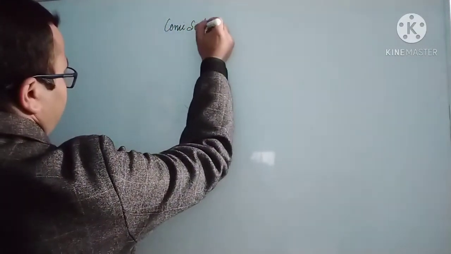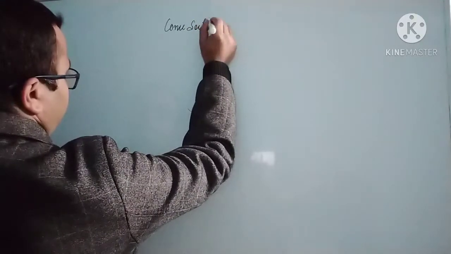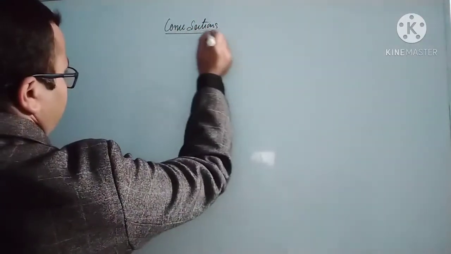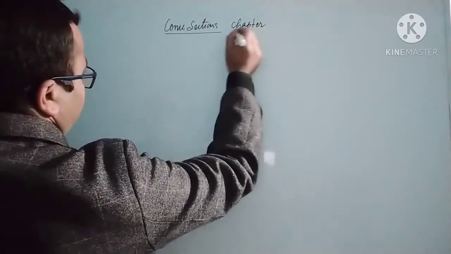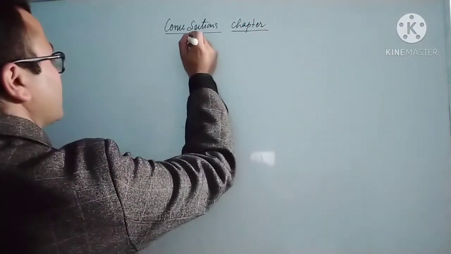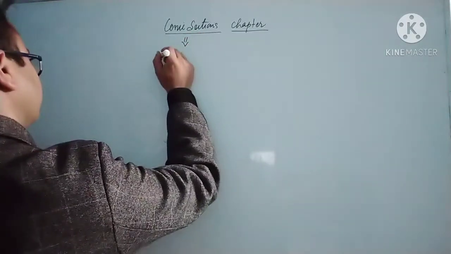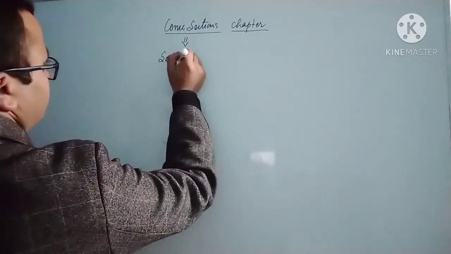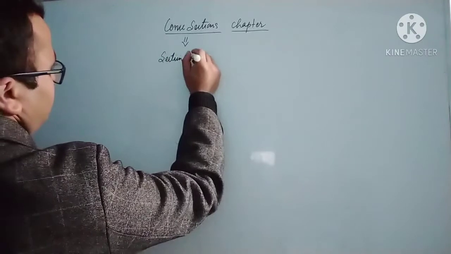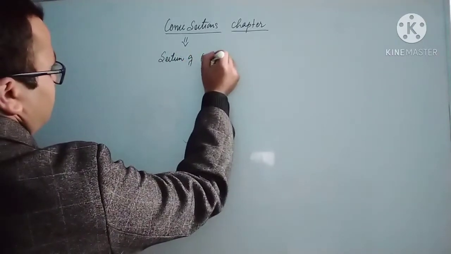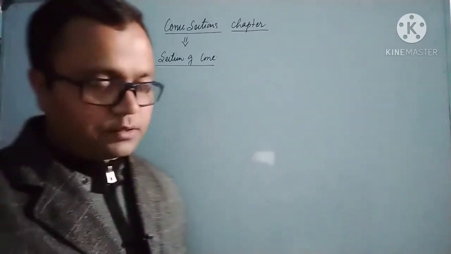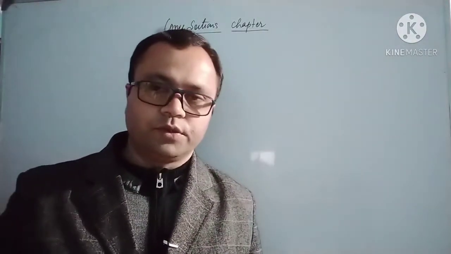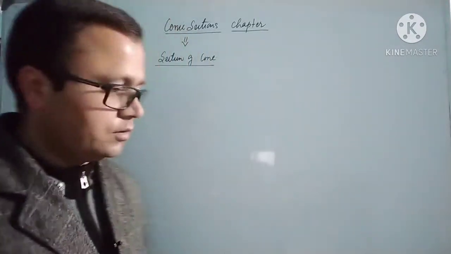Conic section, chapter number 11. So what do you mean by conic section? It is a section of cone. Okay, from the cone we can obtain